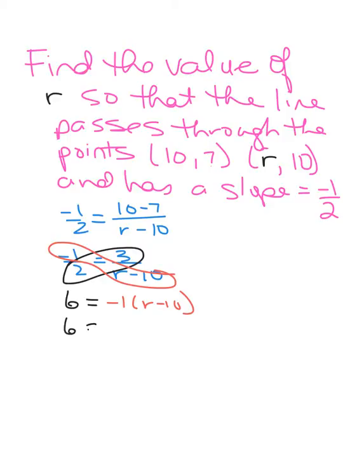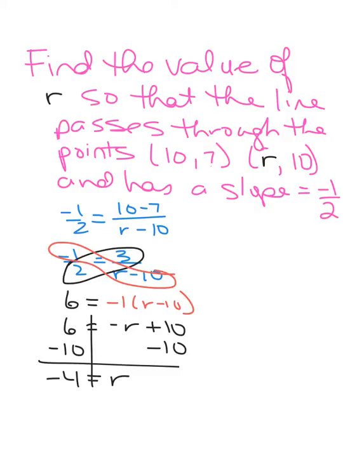So I have 6 is equal to negative r plus 10. There's my wall. I want to get r by itself. So I'm going to subtract 10 from either side. I have negative 4 is equal to negative r. So I know if I divide both sides by negative 1, then r has a value of 4, which is